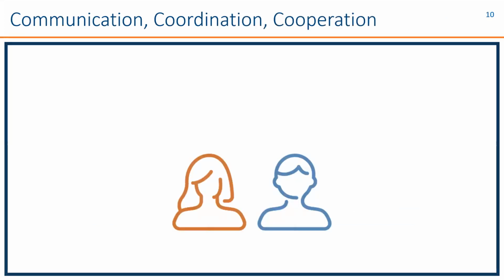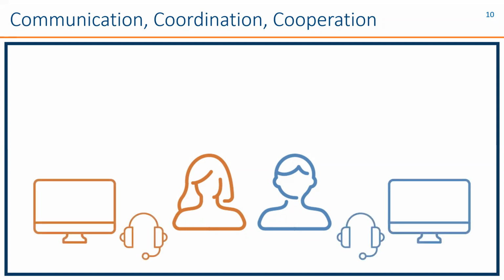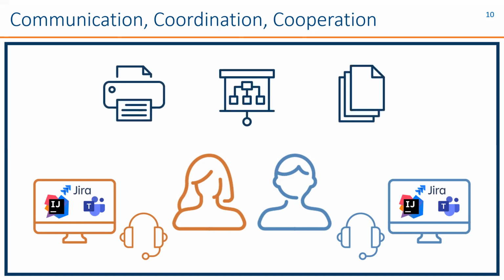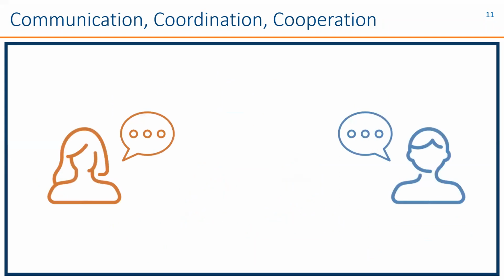And I realize I just threw a bunch of words that start with the letters CO, so I want to run through an example. So Alice and Bob here are in a software development team together. They work in the same office, so they have similar computers and equipment, and on those computers, they have similar software like IDEs, project management tools, maybe communication tools like Microsoft Teams, among others. They also have shared resources, such as printers, meeting rooms, and document storage.